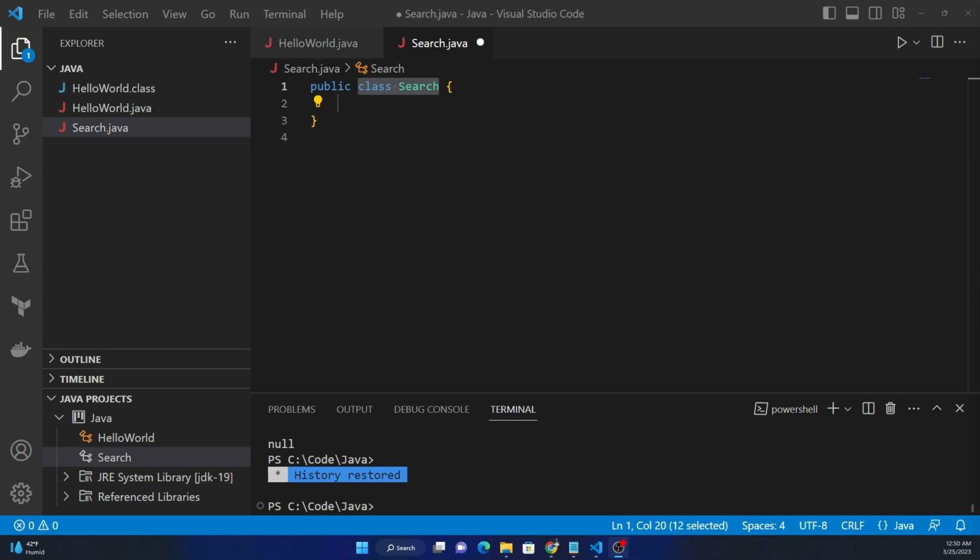Lambda expression helps passing a function as an argument to another function, or we can consider lambda as a higher order function. To understand lambda, first let's create a situation which will be best suited for lambda. And to show that, I have a class called search, and inside the search I can have a method to